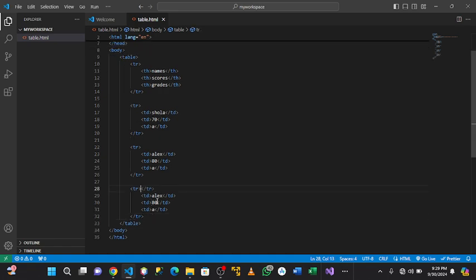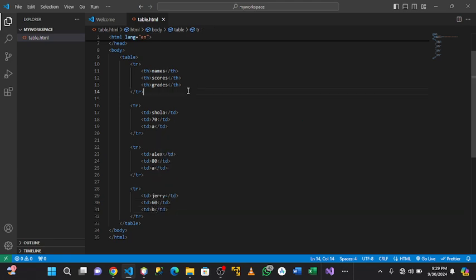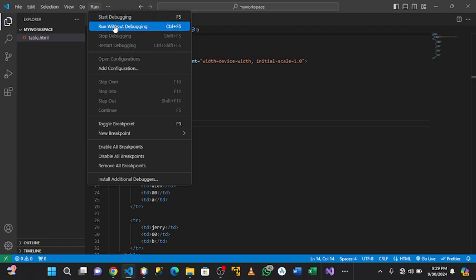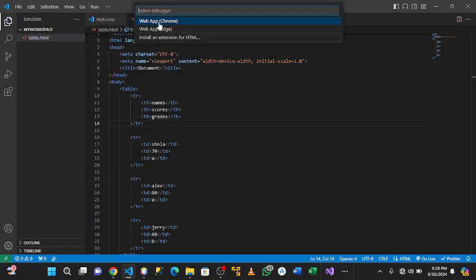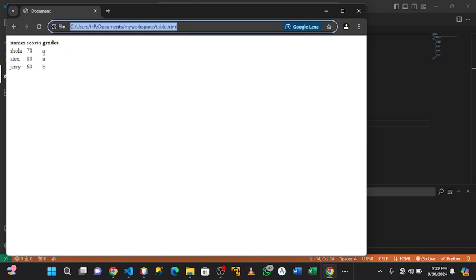And for Jerry, let me just cancel this out here. Okay, for Jerry we have let me just say 60. The 60 is B, so we have B here. Okay, so if I should run this out, let's run and see what the outcome is going to be here. Okay, run without debugging. Web app. I specify the web app. Okay. So now you can see my data,